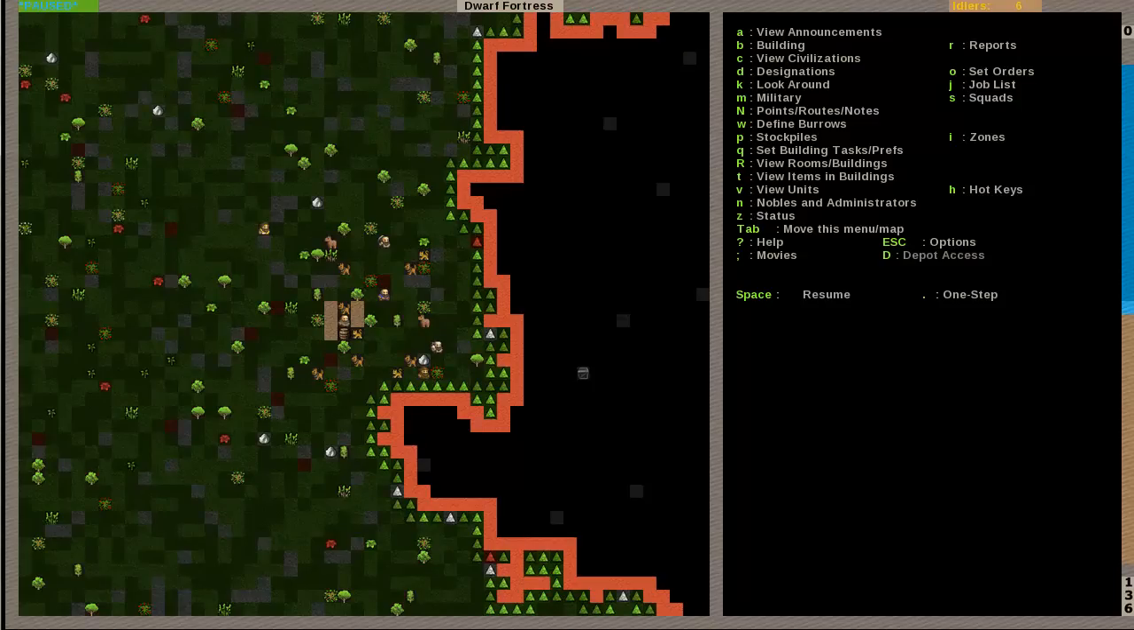And like I said, it's complicated. Yeah, it really is. From the buildings menu, you can build stuff that you can build in the buildings menu. It does work like that, and it gets done really quickly. C is view civilizations, which basically lets you see what kind of relationship you have with those people that you've